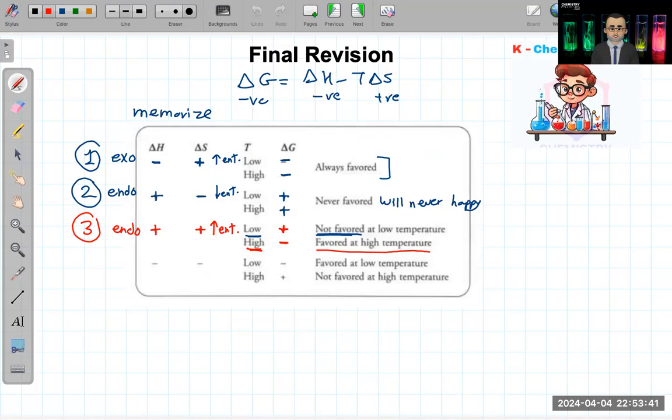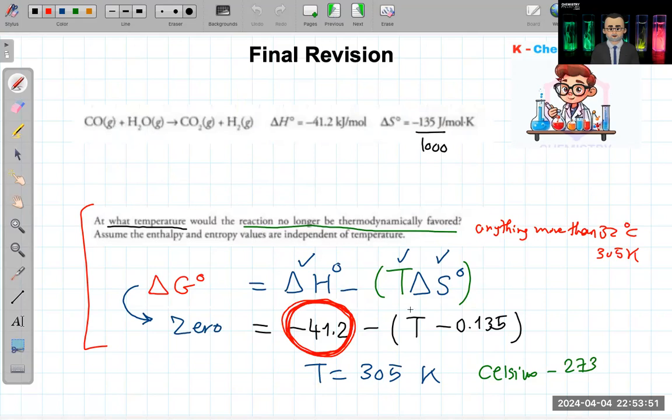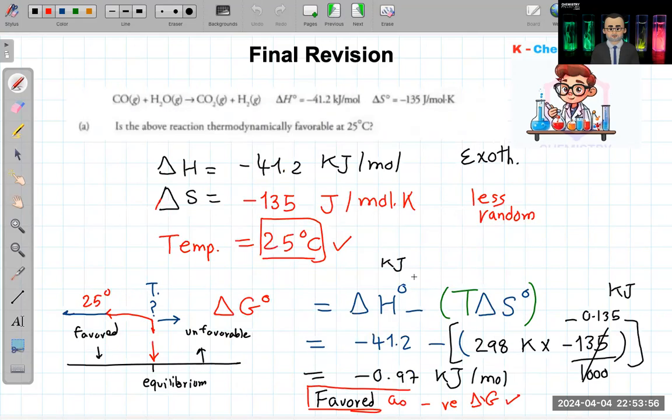So here the delta H is negative. And what was the delta S, mister? Delta S was T multiplied by S, which is 298 multiplied by the S. So it was also